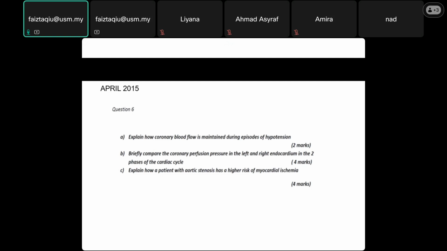So both coronaries have difference in coronary perfusion pressure, which is derived from the equation: coronary perfusion pressure is aortic root pressure minus intraventricular pressure lah. So the left CPP, the left coronary perfusion pressure is 0 to 80 millimeter mercury, while the right CPP is 80 to 95. So left ventricular perfusion pressure equals 0 at systole.